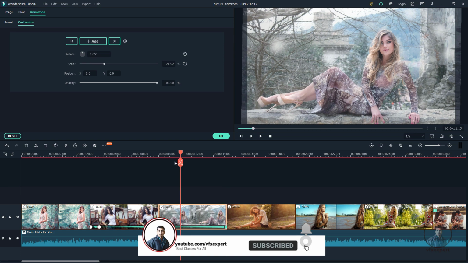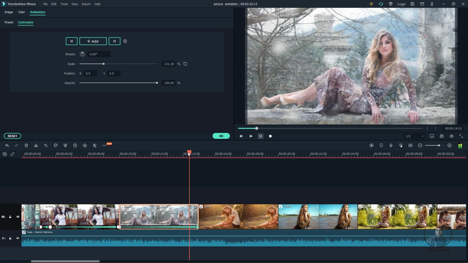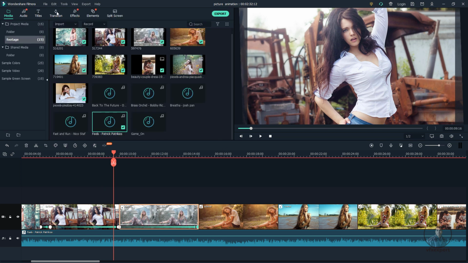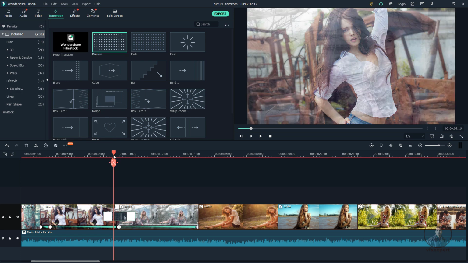So this will automatically rotate this picture here. So you can see here. Then after this, guys, you can apply any transitions in between these media or images here. So for this, again just press OK here. So we have to come inside this transitions. Then from here we can select any transitions. So simply we can select and apply here. Now play and check.